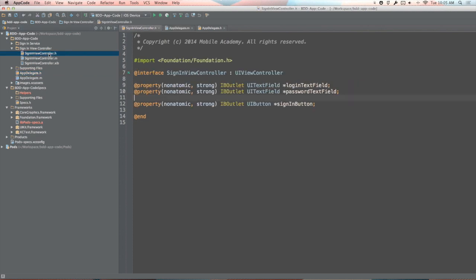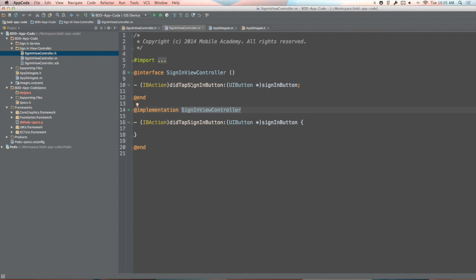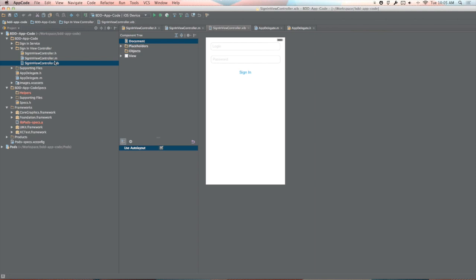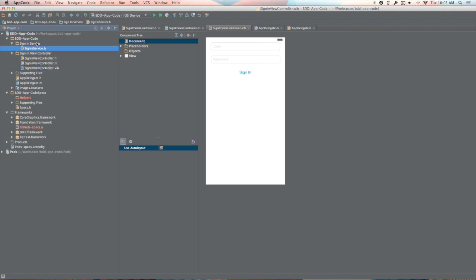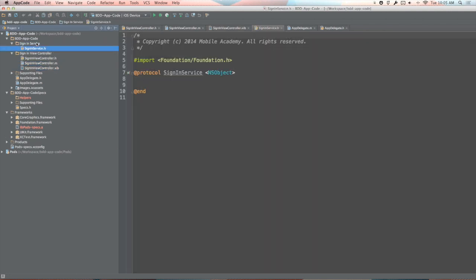We also have a SignIn view controller that has login and password text fields, as well as a sign-in button. The implementation is pretty simple. It only has the action that is hooked up to the sign-in button, the tap sign-in button. We also have a xib that glues this all together. And of course, there is our sign-in service, which represents an abstract sign-in service that we don't really know about, but right now it doesn't really have any methods. So let's start by